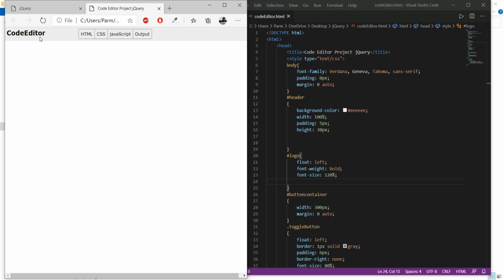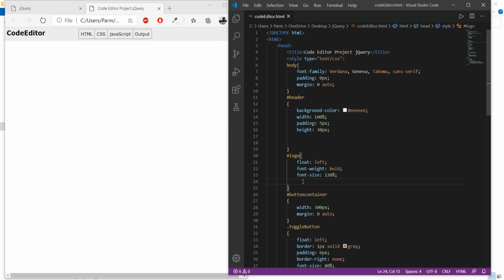Okay. So now we have to set padding for this. So here I will go with padding. Let's take it around 3 pixel and 5 pixels.